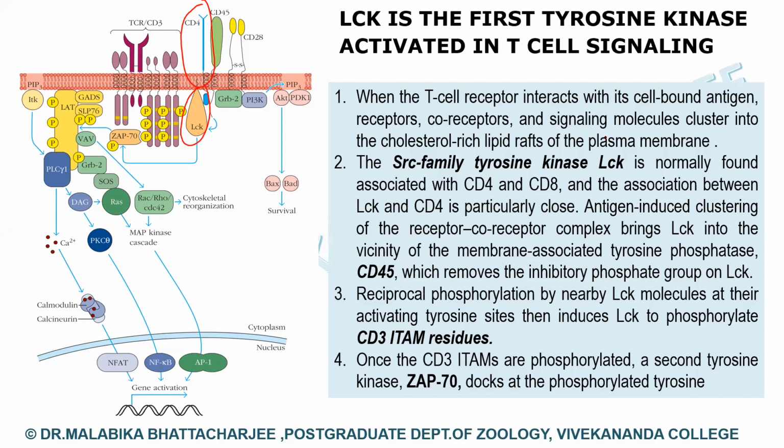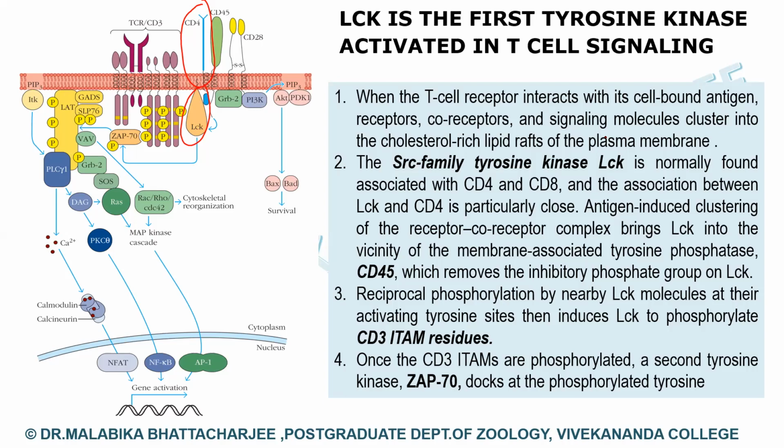When we talk about a tyrosine kinase, remember that this enzyme will phosphorylate its substrate, which is a protein, on a particular amino acid, that is tyrosine. All proteins are made up of polypeptides, and tyrosine is one important amino acid. So whenever I say this is a tyrosine kinase, keep in mind that this enzyme will phosphorylate its substrate, which is again a protein, by adding phosphate to the tyrosine amino acid of its substrate. That is how the addition of phosphates takes place.